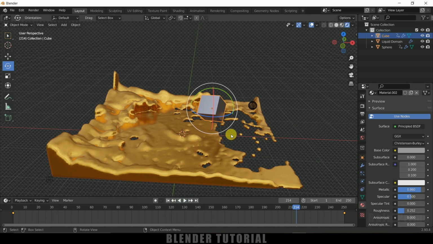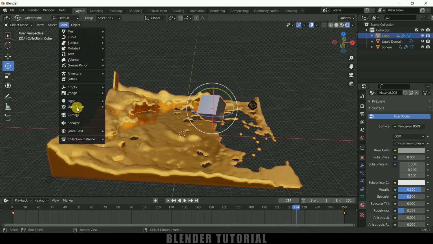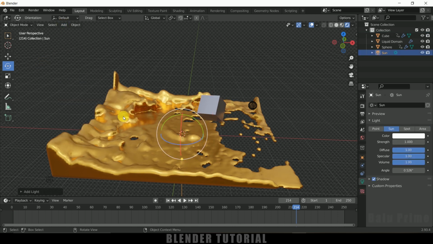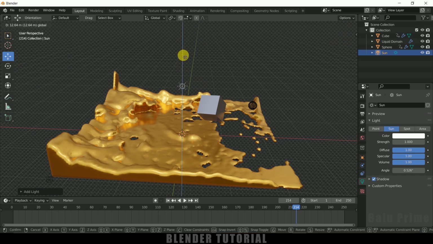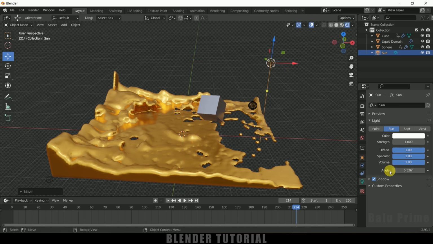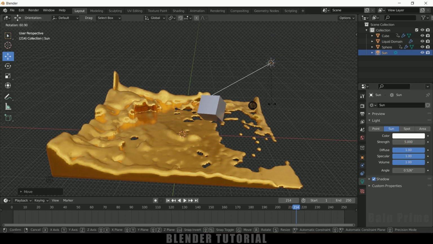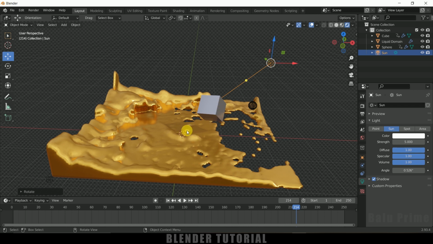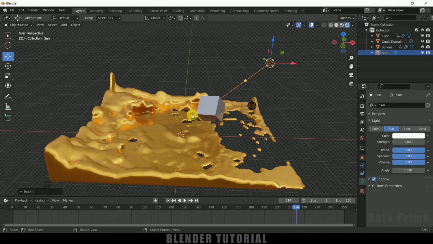So if you want to add another light in the scene, you can do that. So go to this add, come to this light, add sunlight. So from this we'll get shadows enabled. So let it be here, come to this light properties, strength, let it be 5. So now let me rotate this here, and now you can see we got shadows of the cube here by adding this sunlight. Okay, so now add a camera.